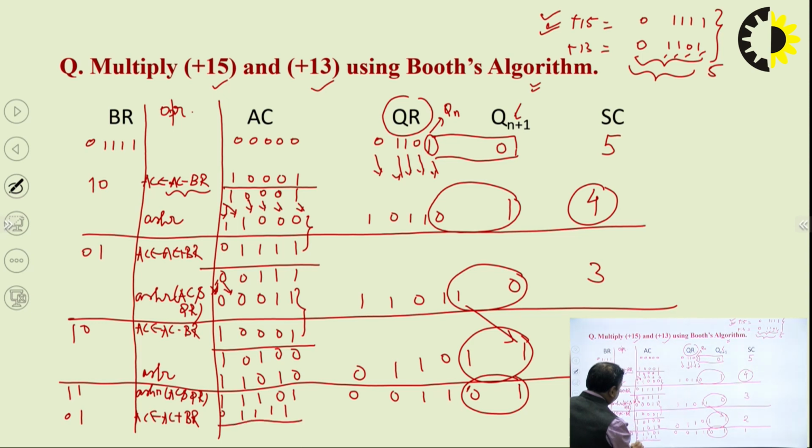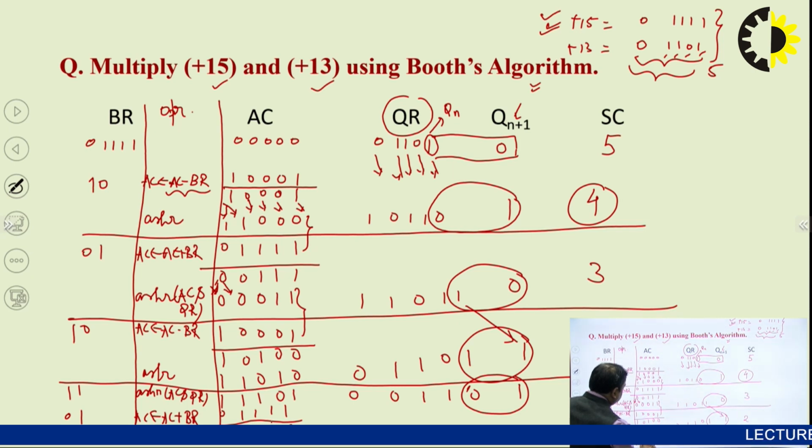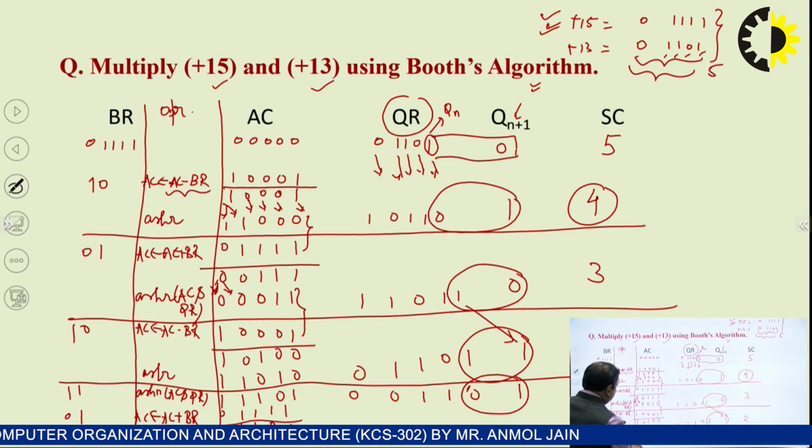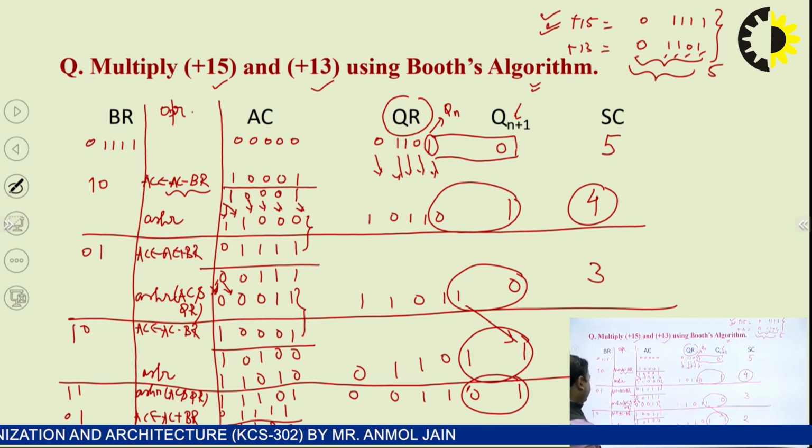Add these two numbers, 1 plus 1 0, 1 carry, 1 plus 0 1, 1 plus 1 0, 1 carry, 1 plus 1 0, 0 plus 1 1, 1 carry, 1 plus 1 0 and 0 plus 0 0, and carry will be discarded and followed by arithmetic shift right operation,